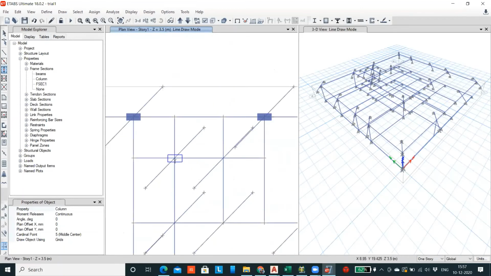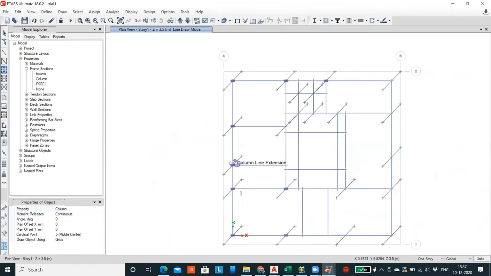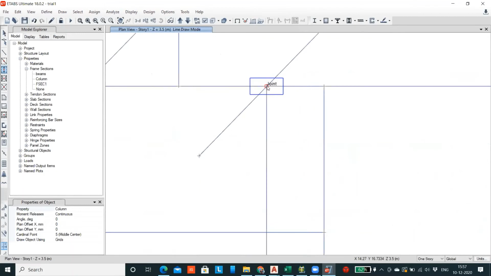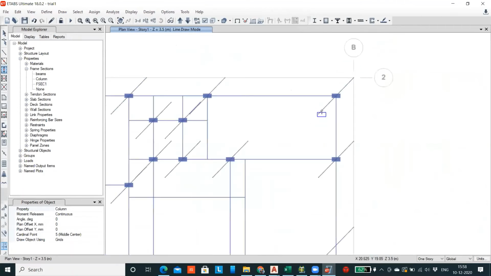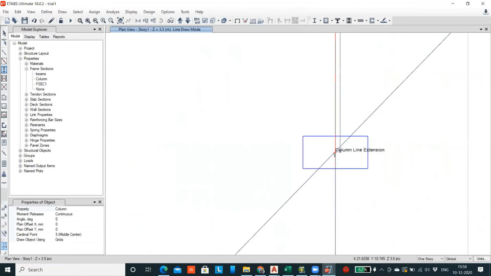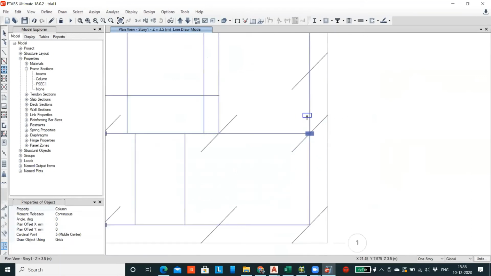Sometimes it is not going to show. We'll see this later because it is not getting the joint. It's not coming out there.